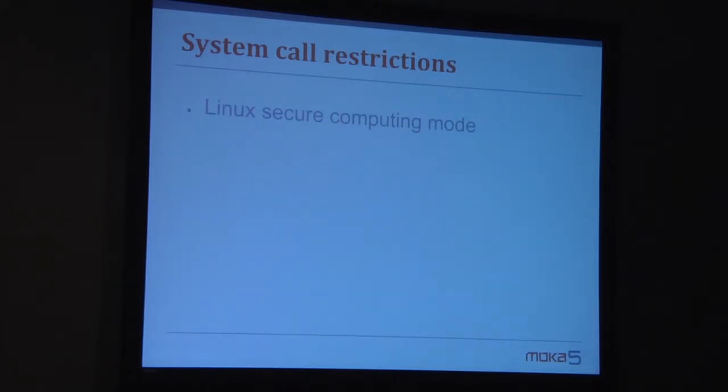The original idea was someone wanted to build what we'd now call a cloud computing service, probably a little before the days when that term was in vogue, where they said, you want to run some mathematical calculations, I'll run it on my servers and charge you for it. But you're giving me programs to run, so I need to trust what you're doing. So they have this mode where you can make 4 system calls. You can read from an existing file descriptor, an existing handle, you can write to an existing handle, if a signal handler comes you can tell the kernel you're done handling the signal, and you can quit the process.